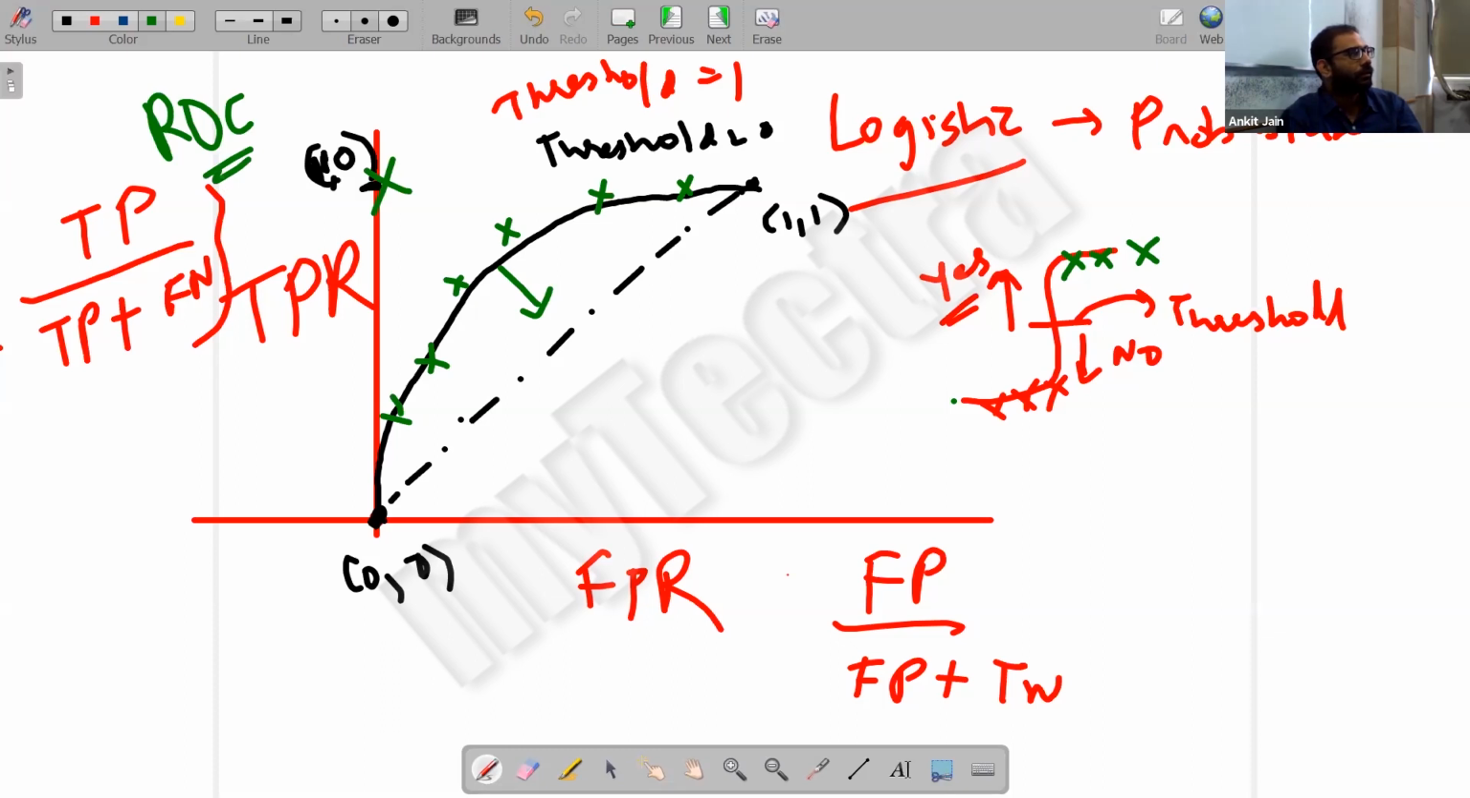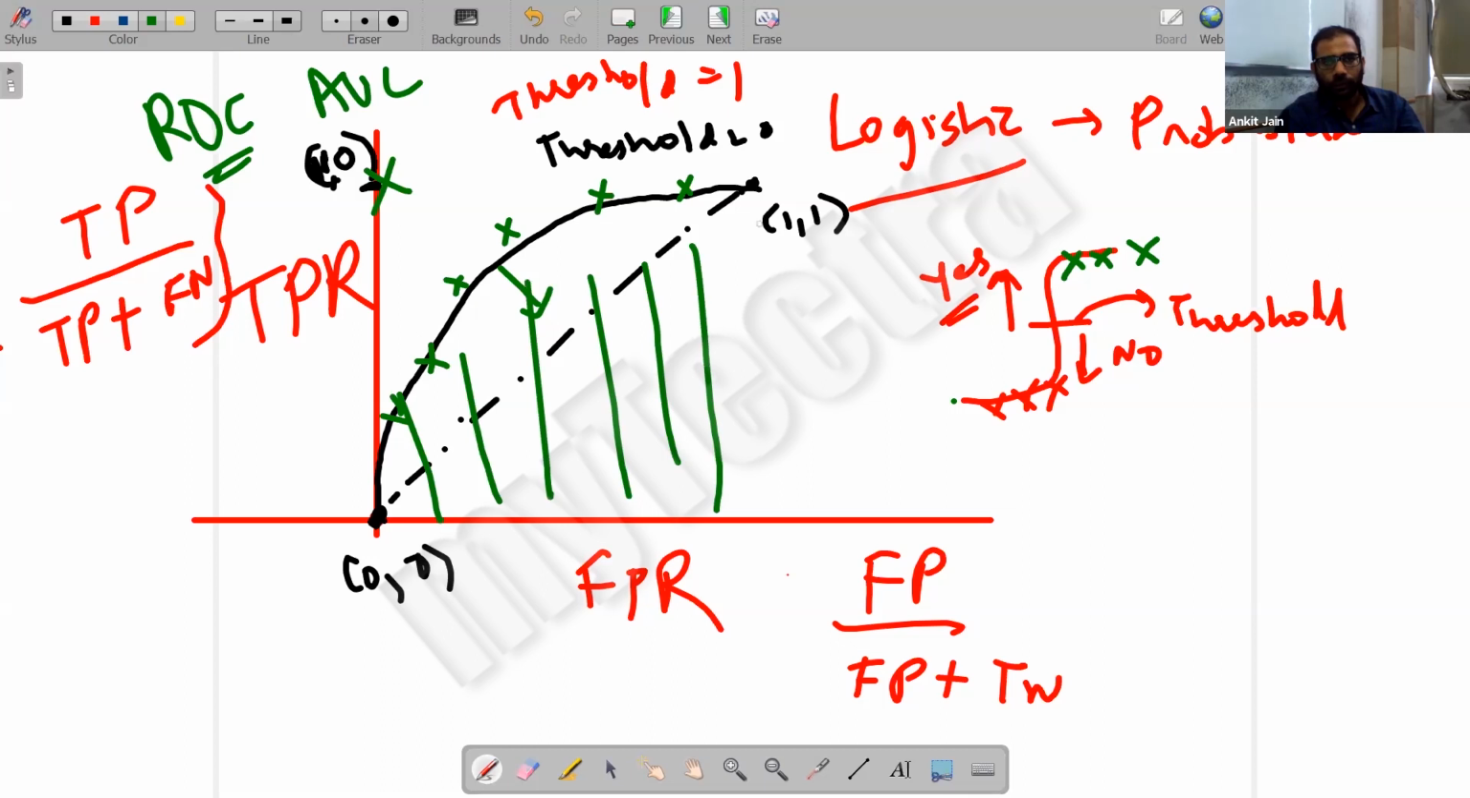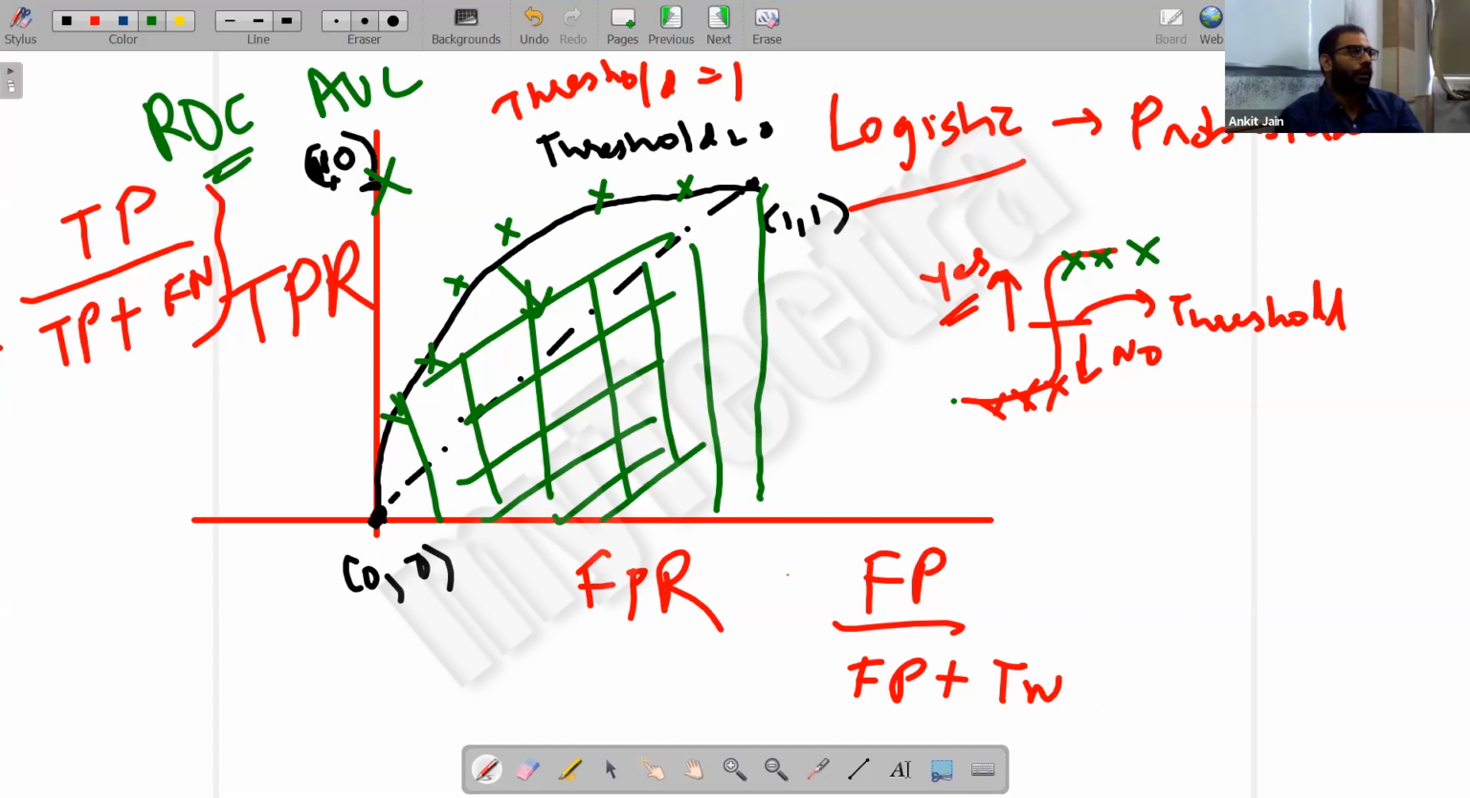Is it clear? Okay. And what is AUC? Area under curve. So the area under this curve is your AUC, right? Now you may ask, true negative also should be maximum. Yeah. So what I want you to understand now is,